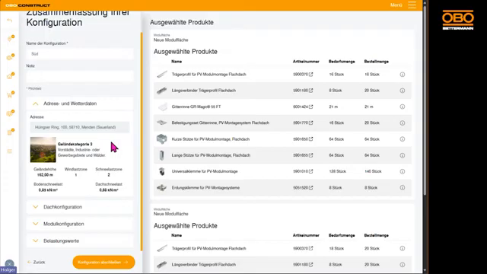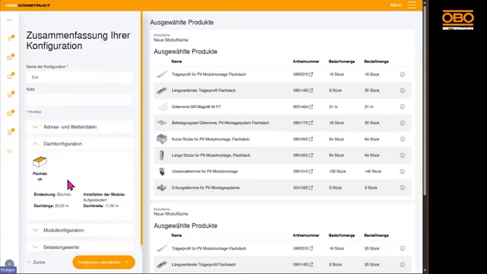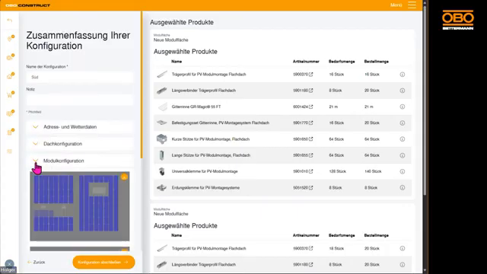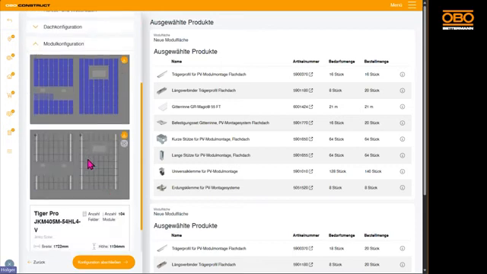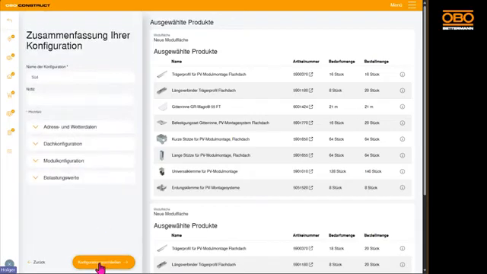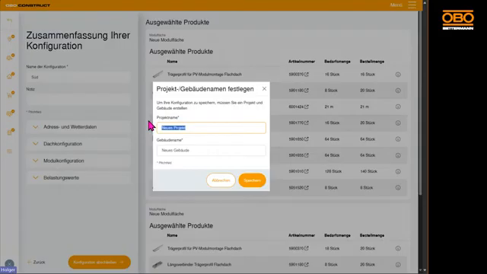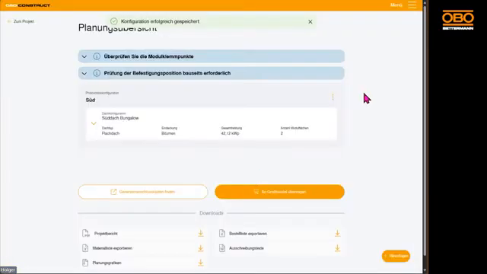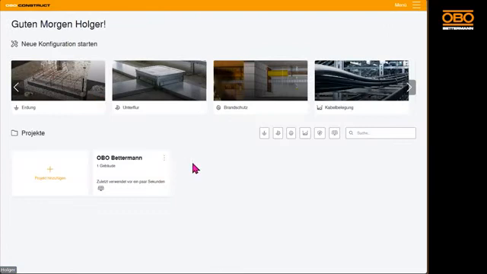Here once again for a quick review. Can I go through all the inputs one more time that I had previously entered earlier? That means inputs for the address, inputs for the roof, the module configuration, the view of the substructure, and the particular module that I have chosen here. And now I can manage the entire process here within this new project. Save it, and then have it ready for my reuse directly accessible within my dashboard,